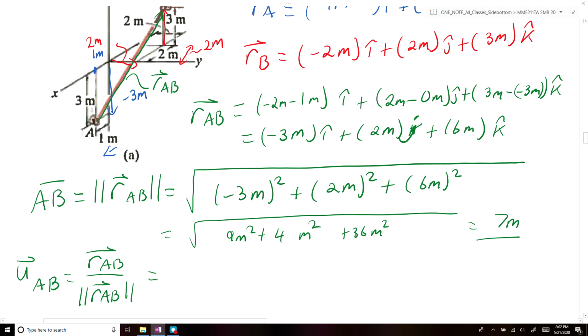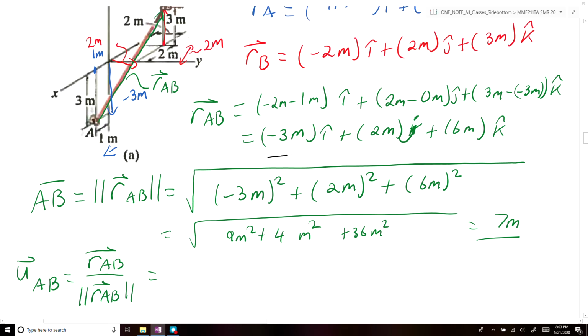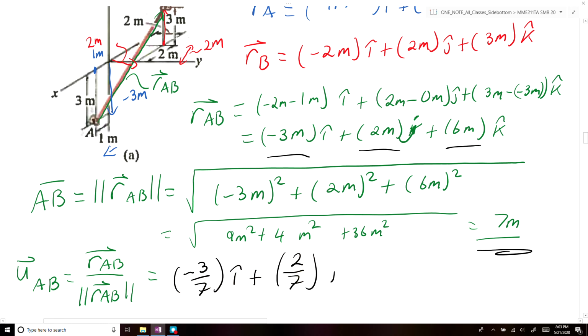If we divide each of our components of RAB by the magnitude, we'll get our unit vector. So we'll get minus 3 over 7 times i plus 2 over 7 times j plus 6 over 7